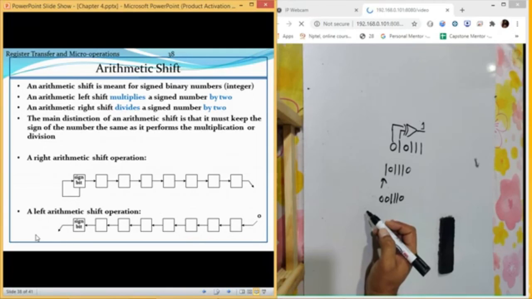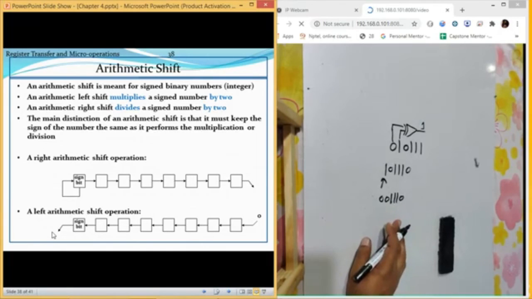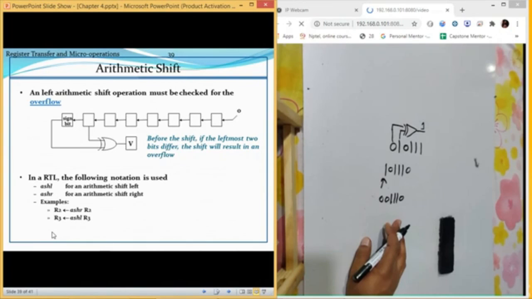In those number of bits, the last value is reserved for sign. So this will be your sign bit. You will only be able to perform the shift left operation if your bits are matching. If the sign bit and the next bit are not matching, you will not be able to perform this operation. So this is the way to calculate the overflow condition. We have a sign bit and the next bit, and if the values become different, then we are not going to perform that operation. This will be known as the overflow condition.